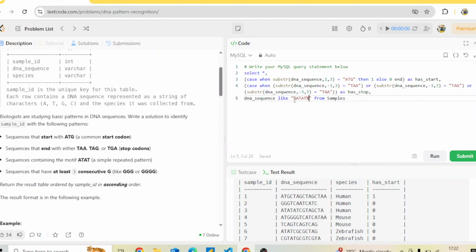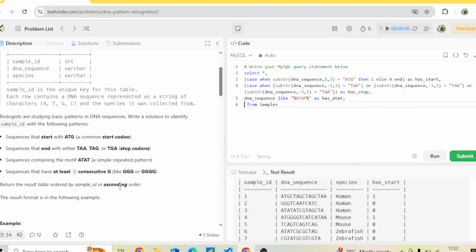It means that 8080 can be present anywhere in the string. It can be at the start, in the middle, or at the end. So this is going to be as has underscore 8080,